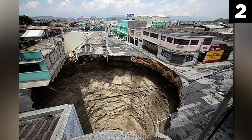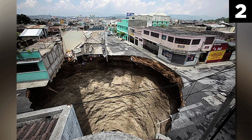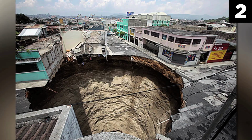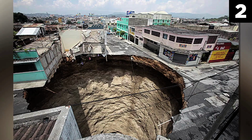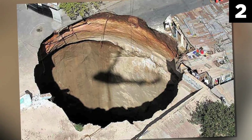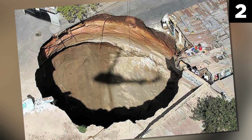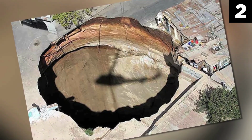Number 2. Here's an example of what can happen when a city doesn't properly maintain its sewer systems. In 2007, a small impoverished neighborhood in Guatemala City became the site of a rather repulsive underground catastrophe. The disgusting disaster struck just before dawn, and while it definitely classifies as a massive sinkhole, perhaps a stinkhole more